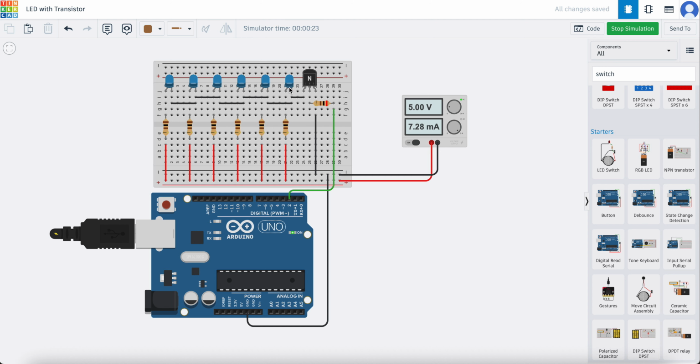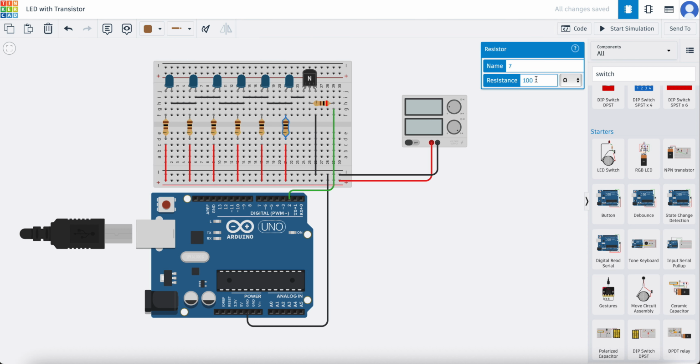So we need a higher value resistor here to reduce the amount of current the LED is drawing. We now know that a 100 ohm resistor was too small. 200 ohms was okay. So if we set them all to 200 ohms instead,